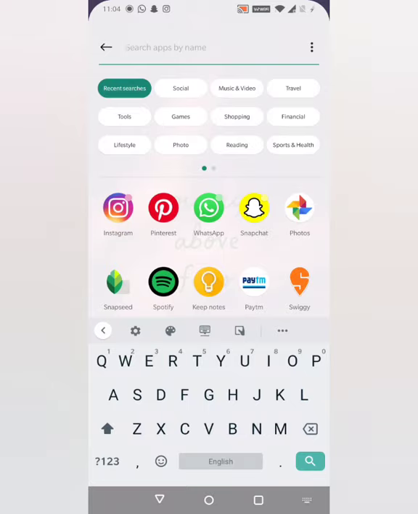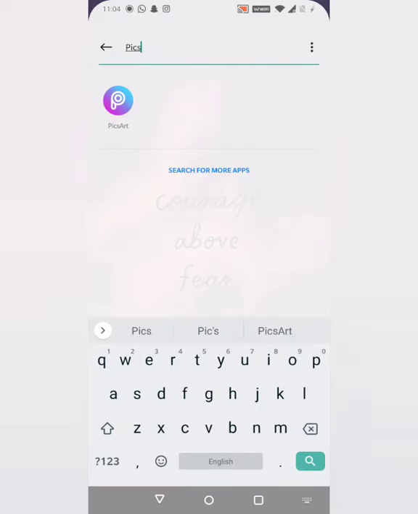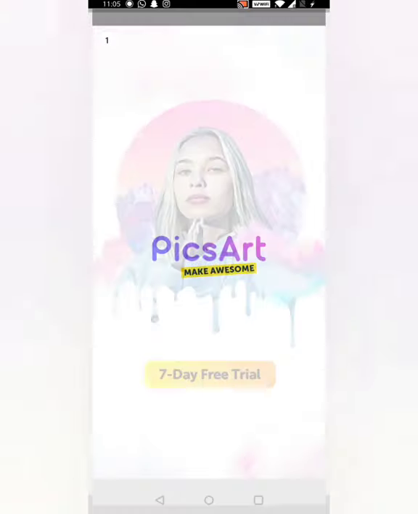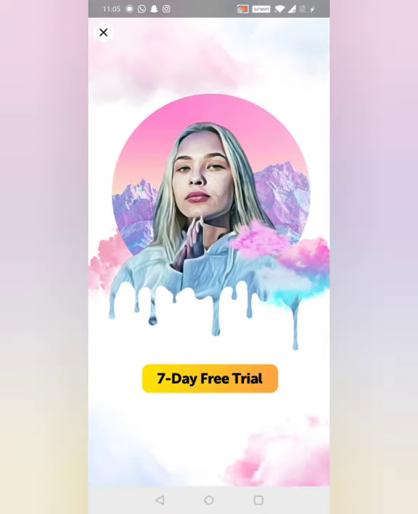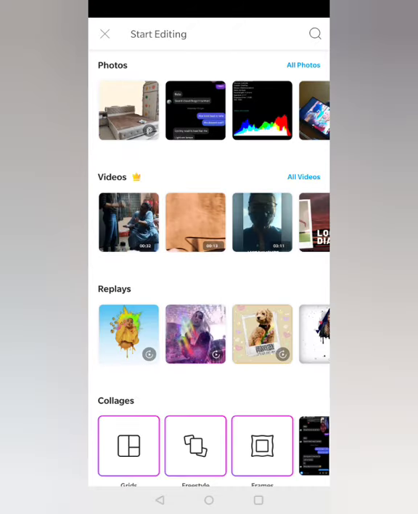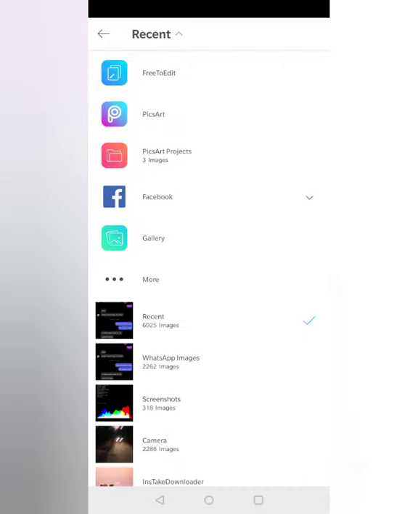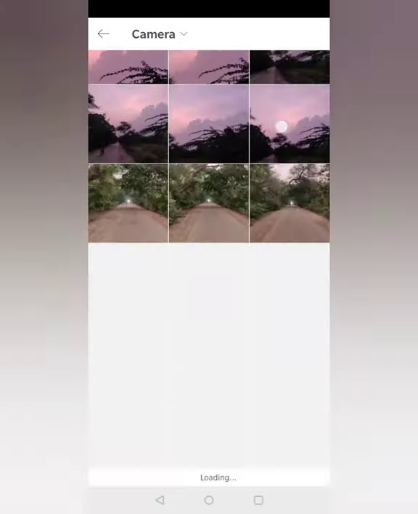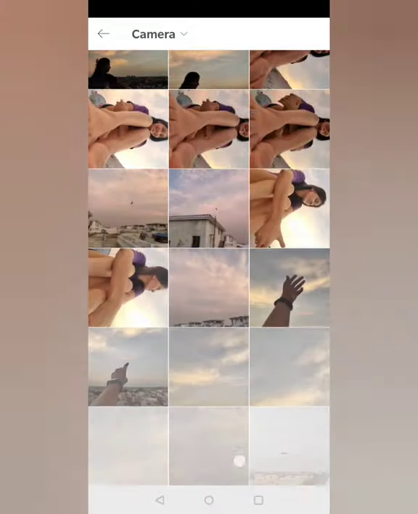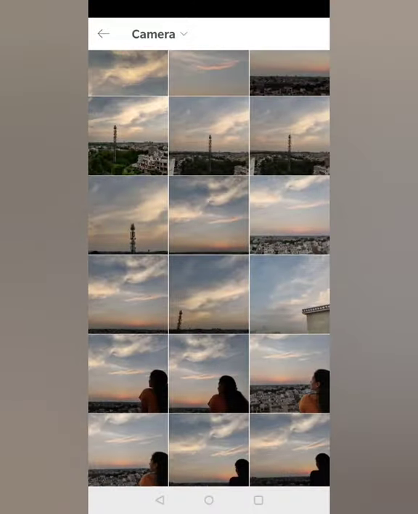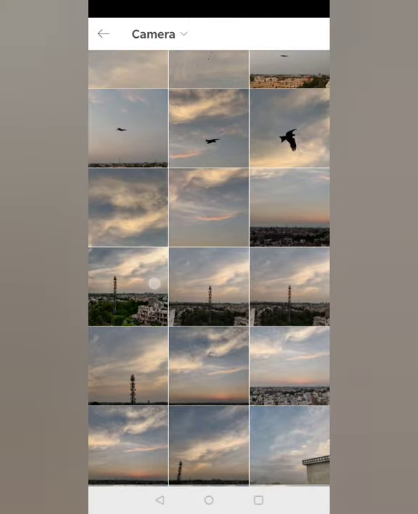The first thing that you'll have to note when creating these tiny planet photos is that you need to have a landscape picture which incorporates all the elements of nature, because then it will turn out to be a good photo. So I'll go to my camera and choose some picture which has both the elements, like this one's good. It has greenery, it has